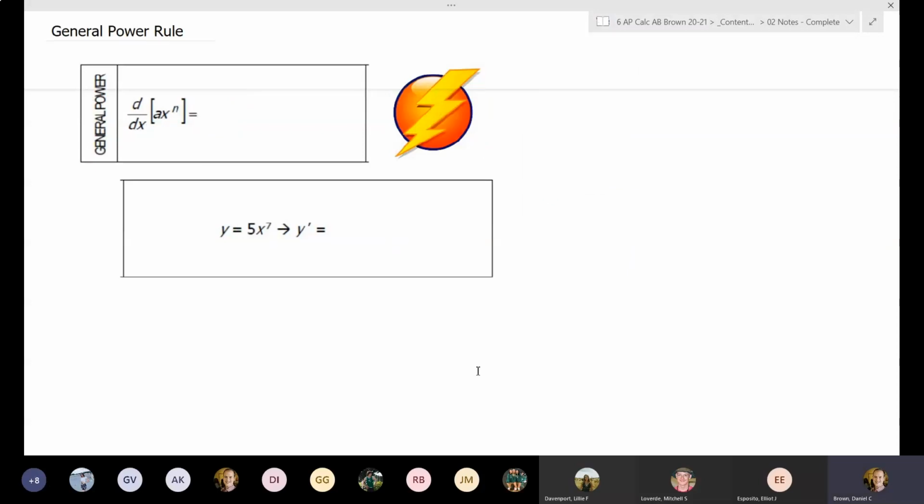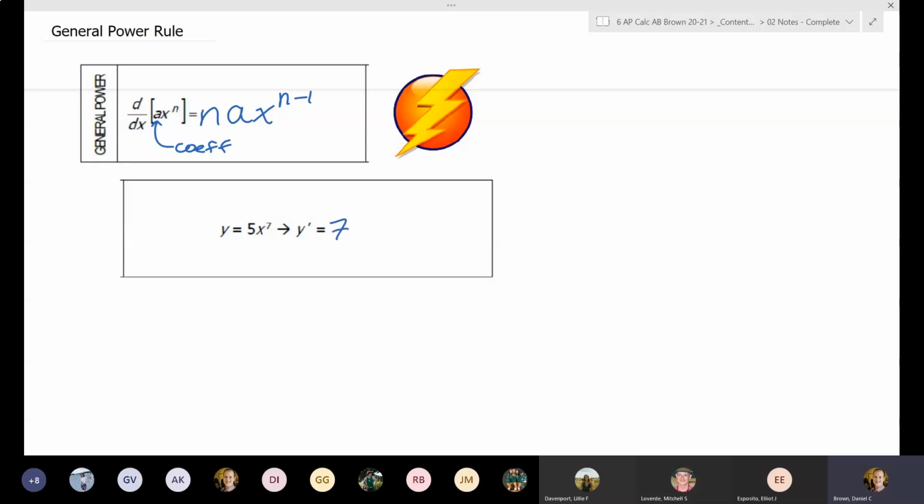And the general power rule is basically combining your constant multiple rule with the power rule. So in this case, this a in the front is a coefficient. The n is the exponent. So kind of using the constant multiple with the power rule, that a is a coefficient, so it's going to carry across. The n is going to come down in front, and then the new exponent, you're going to subtract it by 1. So my example is, if I say, hey, find the derivative of 5x to the 7th power,